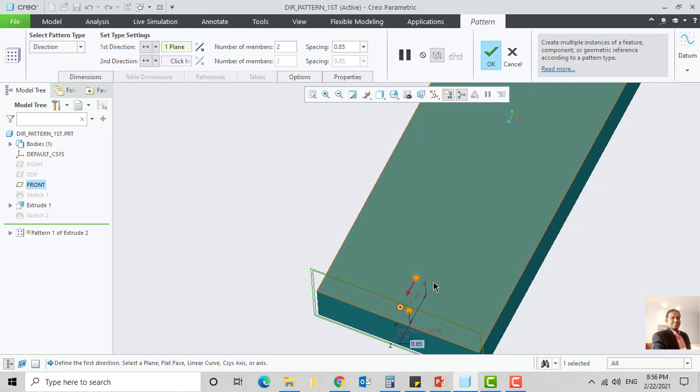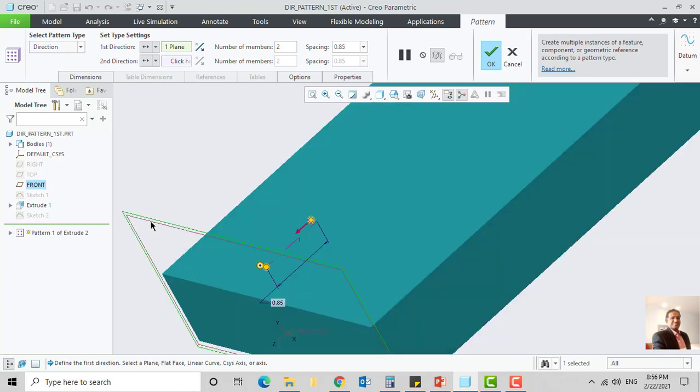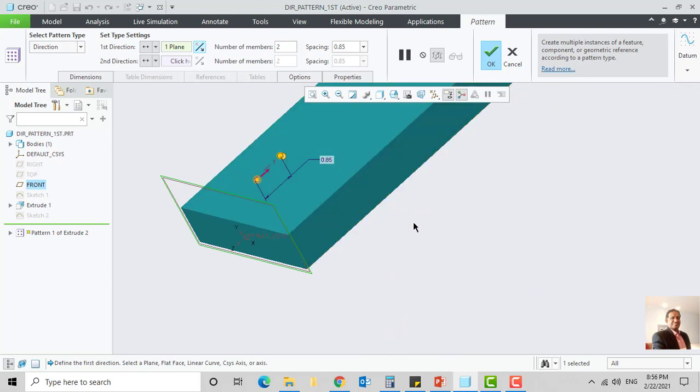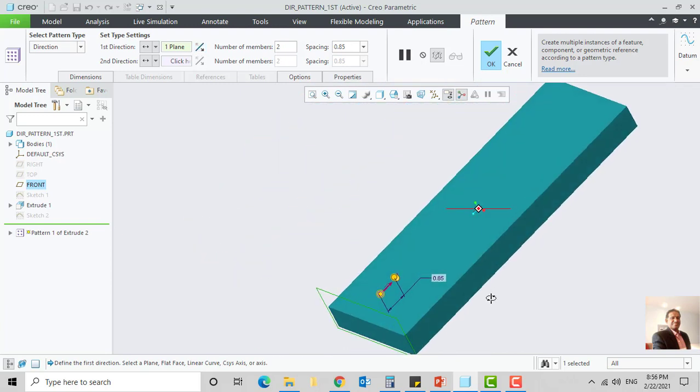Select the front plane as a reference, and I can flip the direction, whether I want to make it normal to the right of the plane or to the left of the plane.